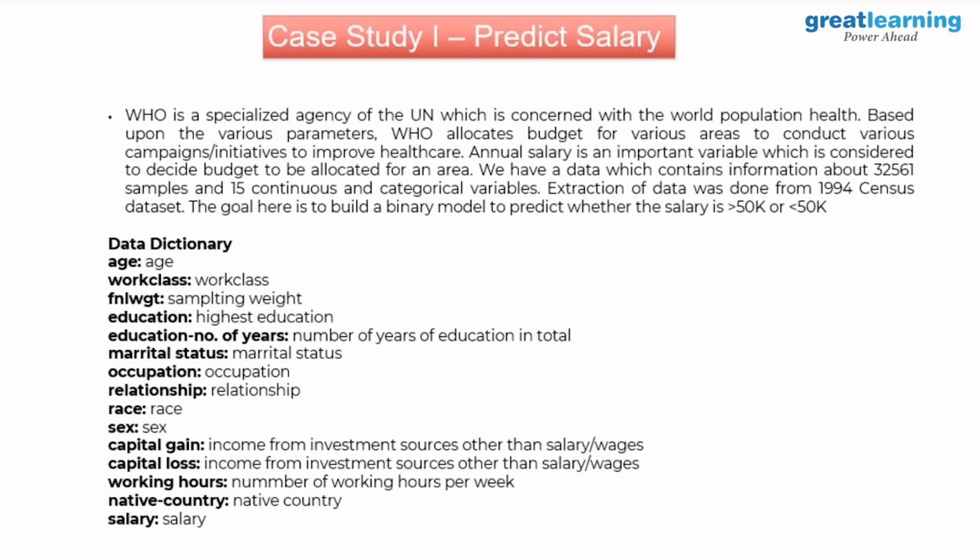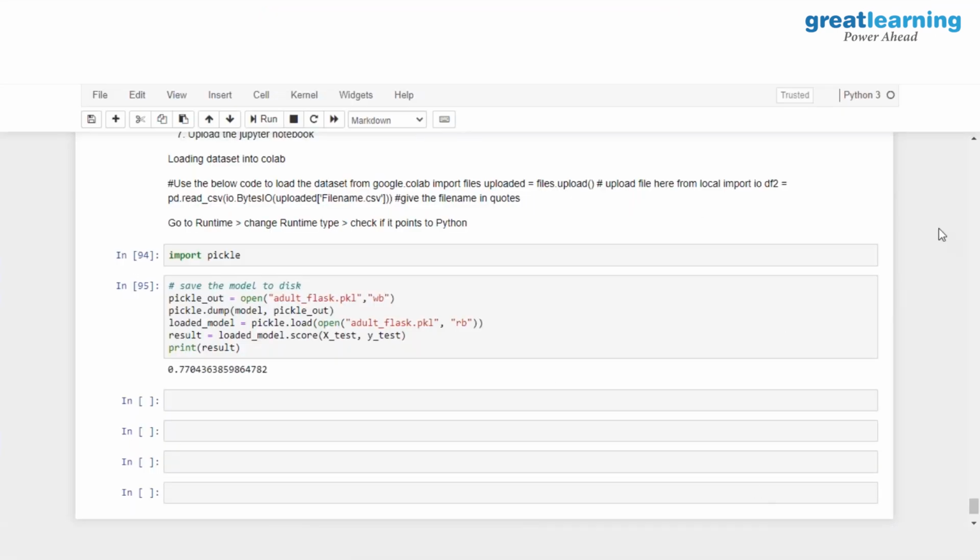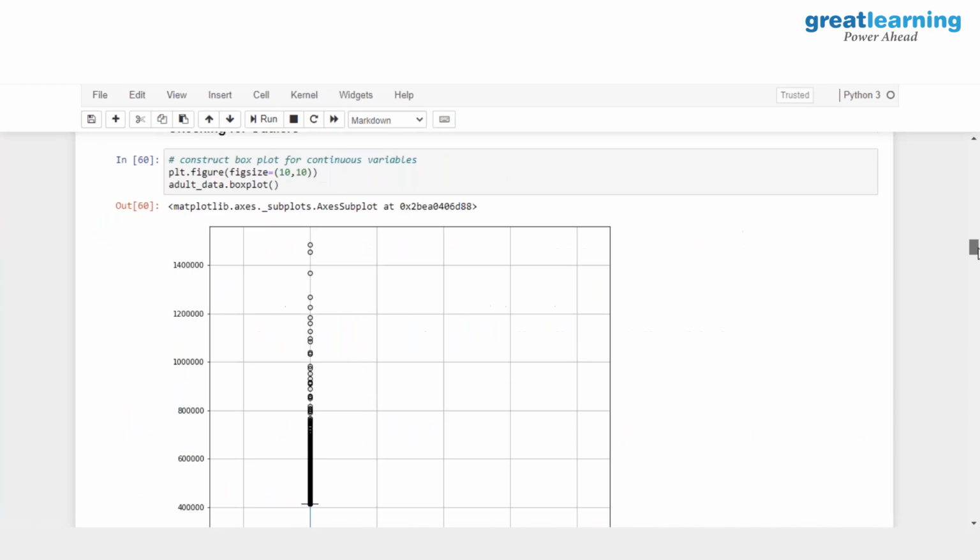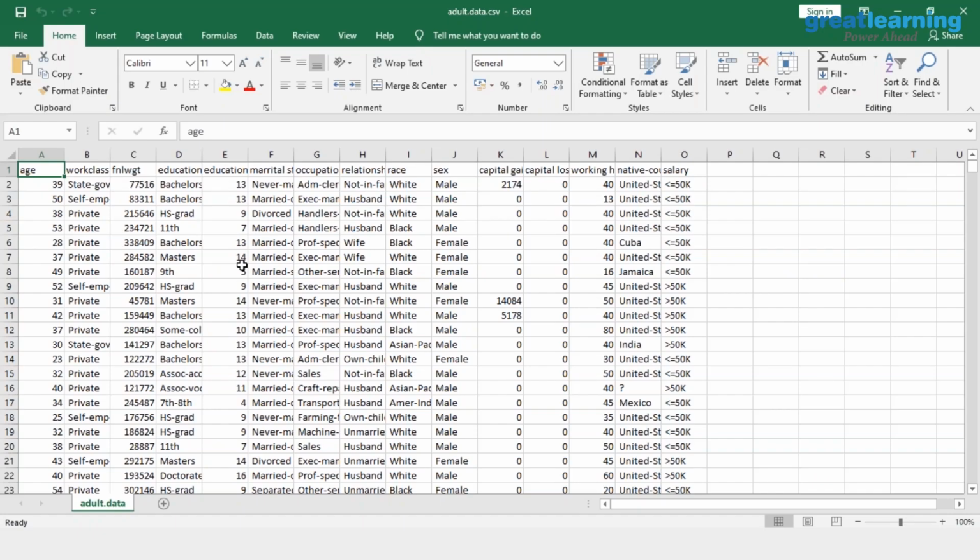Now this is the data which we have. I'll quickly move on to the model which was created. I will not spend time discussing how the model was created. The objective of this data set is, based on these independent variables, you are expected to predict whether the salary would be less than or equal to 50K or greater than 50K. So all these variables will work as independent variables. This is the dependent variable. As the dependent variable class is binary, we are using logistic regression.